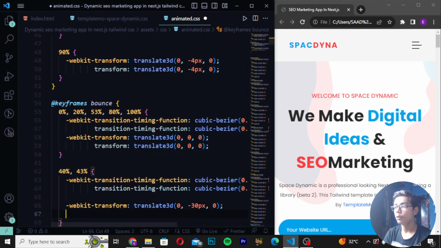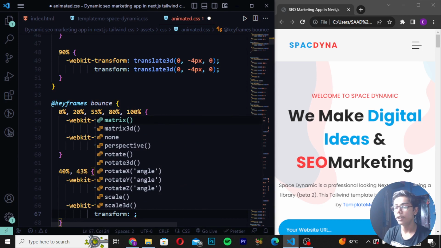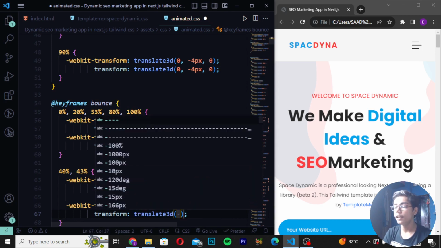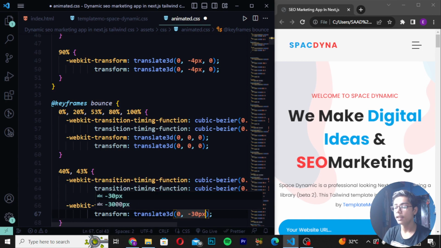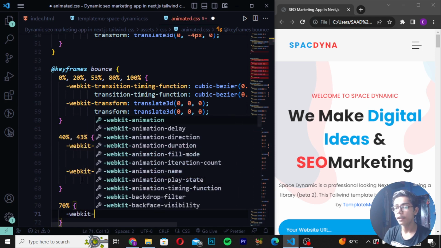Then you have to simply move down. Then use the transform tag again. I will be writing translate3d, then 0 again, minus 30 pixel, and comma 0. Then you have to move down and write 70%, and then write webkit